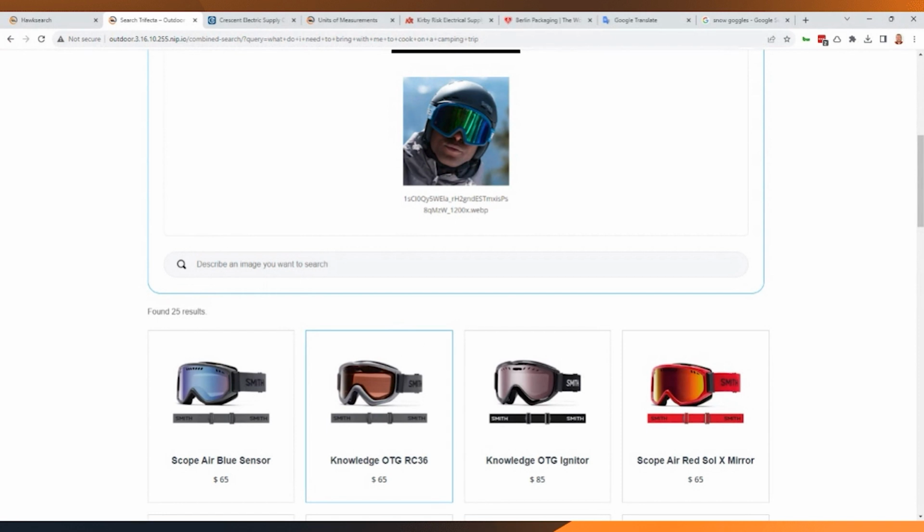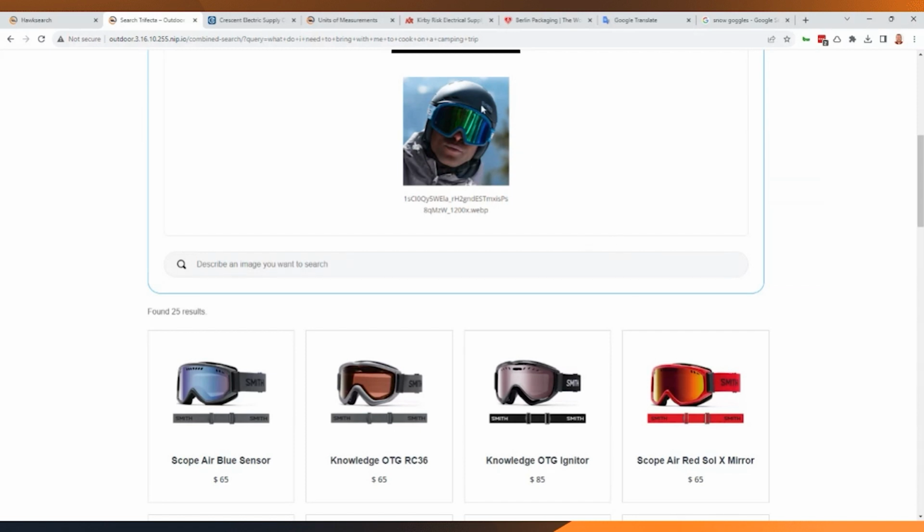It doesn't need to be the right angle. It doesn't need to be the right light, the right color. It can really understand what is in that image while finding a match for it. The nice thing here too is that it also understands there are other items in this image. One of the classic limitations with image search in the past has been this idea that you have to be a professional photographer to frame the photo to get exactly the image you want.